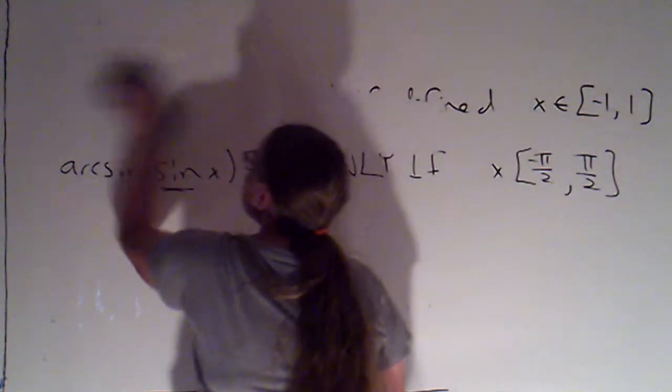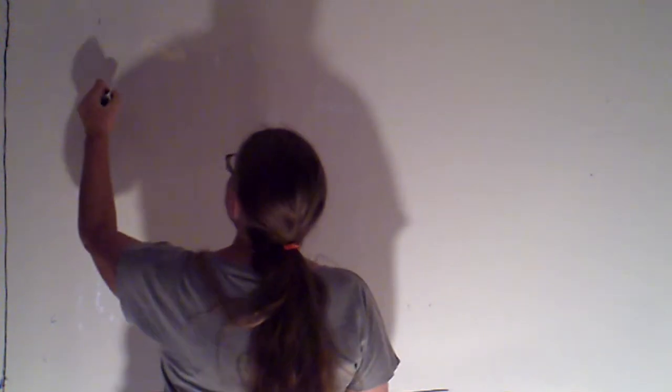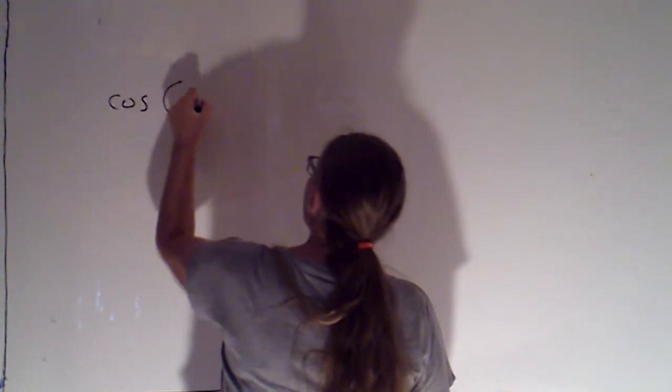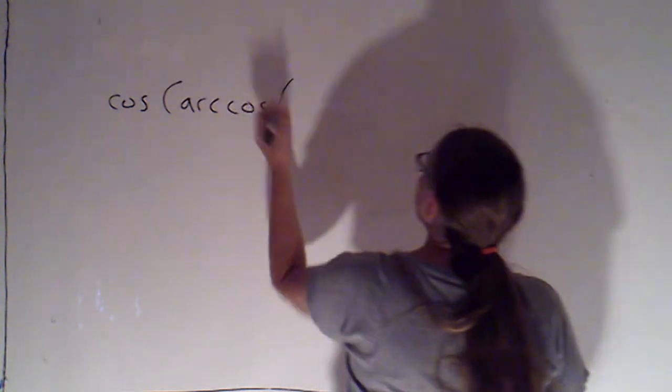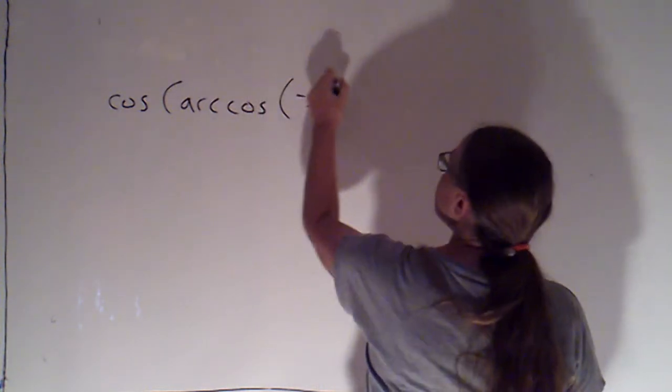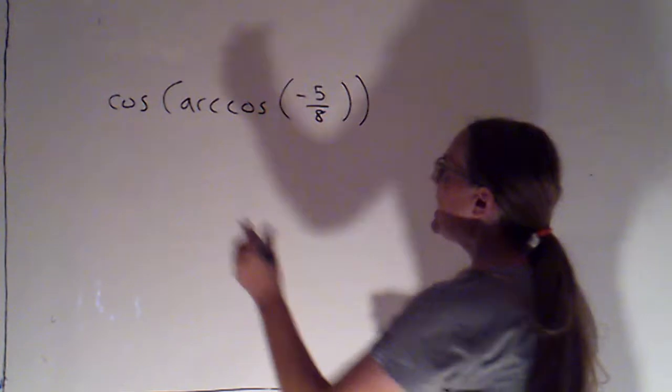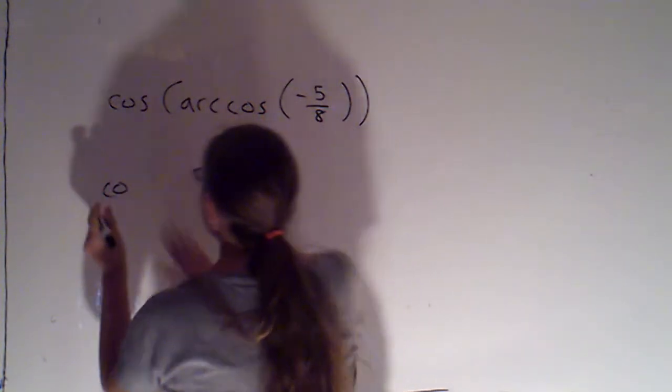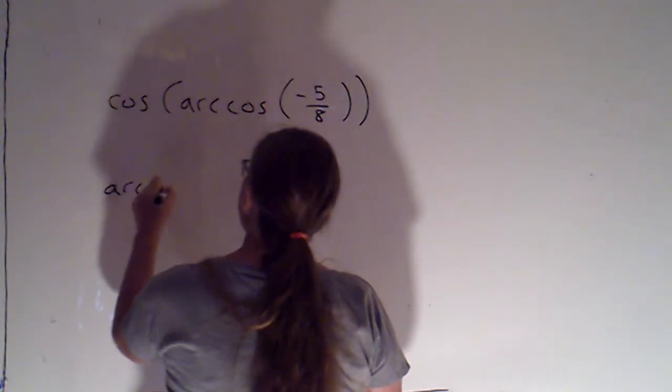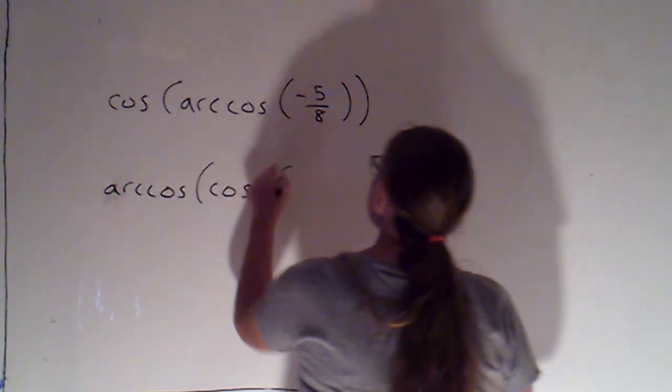All right, so let me just put a couple of problems up on the board for you folks to try. Some of them, you're going to have the nice shortcut that you're composing inverse functions, but do pay attention to whether the angle is in the appropriate interval or not. Okay, so let's try cosine of arc cosine of -5/8. Okay, and let's try arc cosine of cosine of